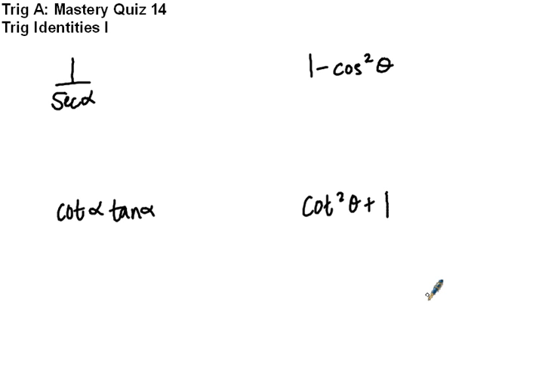Here's the first set of trig identities you need to memorize. They're all on that orange sheet that has all the identities on it. This quiz is only covering the front side of the orange sheet. You need to memorize that front side of the orange sheet. There's a couple of different ways to think about them, but one of the first things I want you to